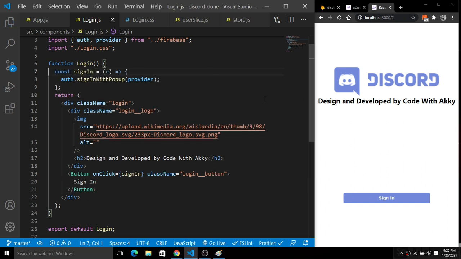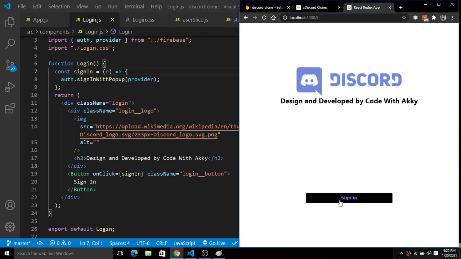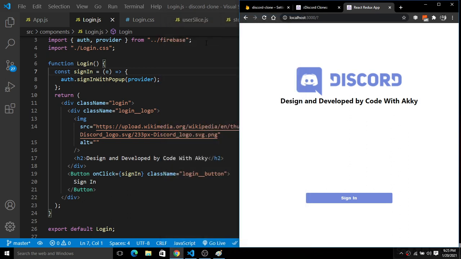Let's go to the deployed version here. Now we are done with this thing. Now click on this sign in. As you guys can see here, we have this pop-up, and now it will ask from which Google account you are going to enter in the login of the deployed version here.